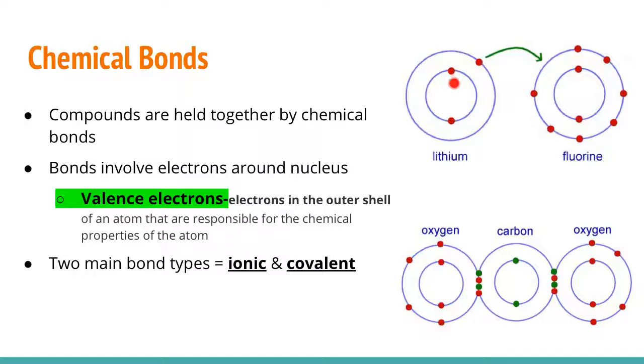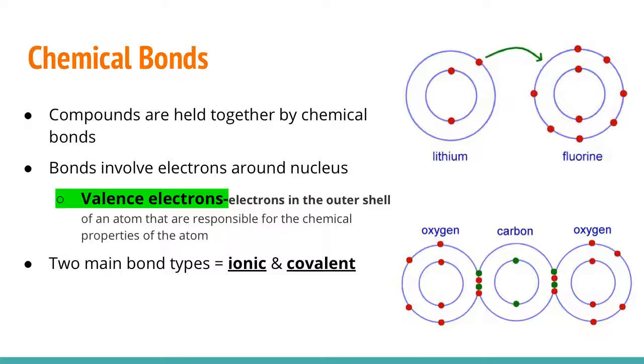So in the nucleus, remember that's the middle spot, and then we can have 2 electrons in the first ring and then 8 in the next. But what we really want to focus on with bonds is the valence electrons. Valence electrons are the electrons in the outer shell of an atom and that are responsible for the chemical